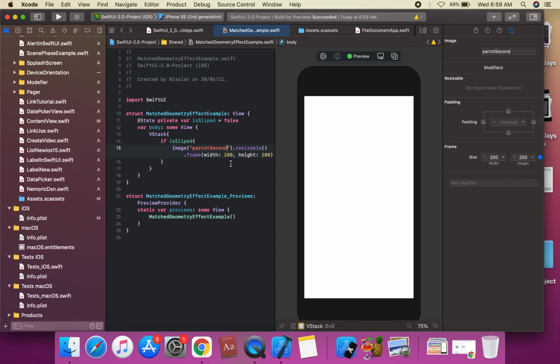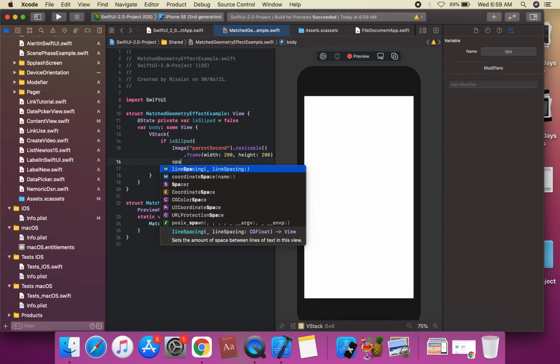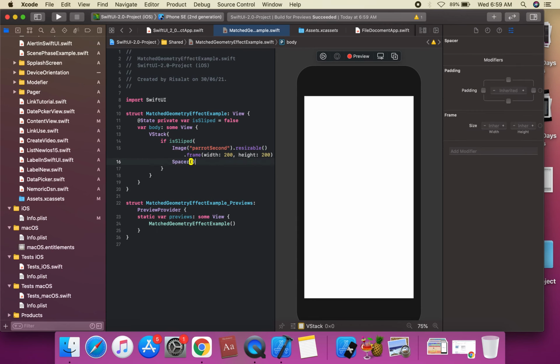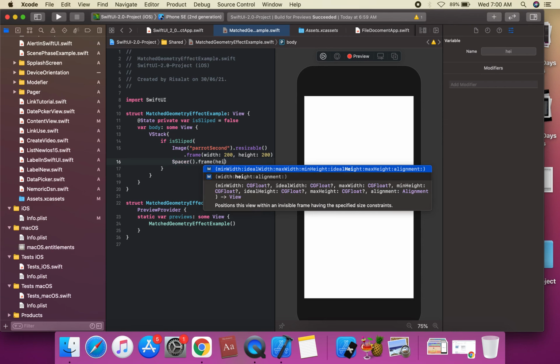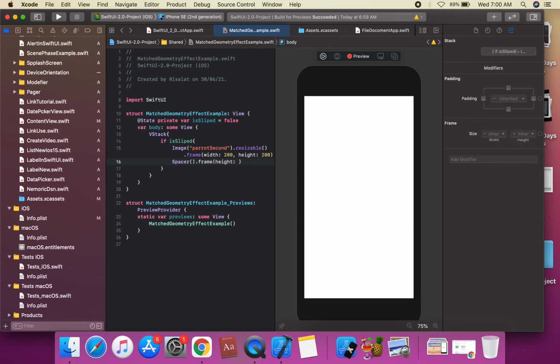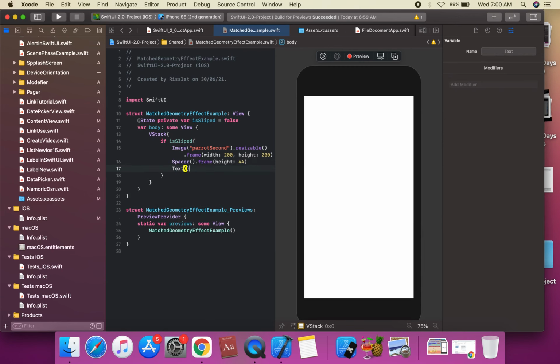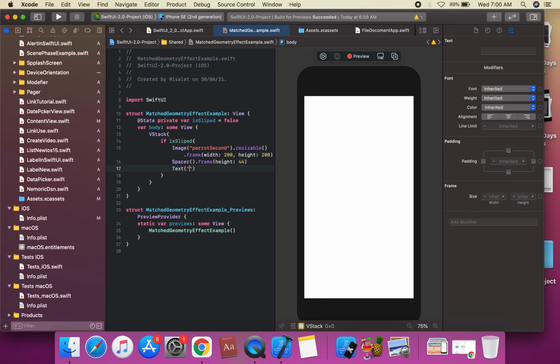If isSleeved is true, we apply the parrot second image, and then we apply a spacer with a frame height of 44. After the spacer, we create a Text, which is parrot first image.